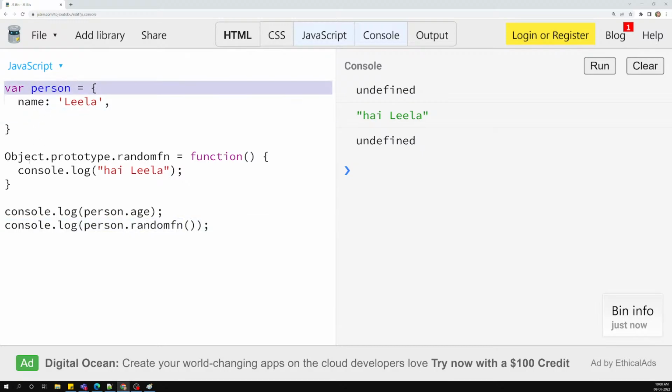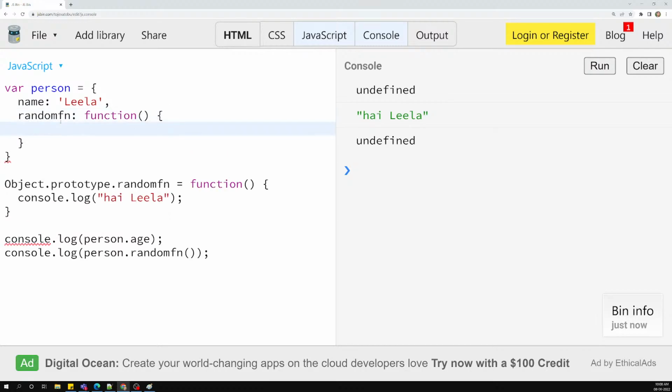So this prototype is nothing but this object. In this object's prototype, I have declared this function, so now it is taking it from here. But if you have a random function here again, so console.log